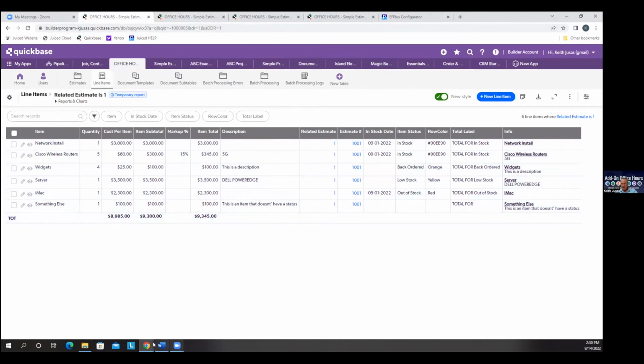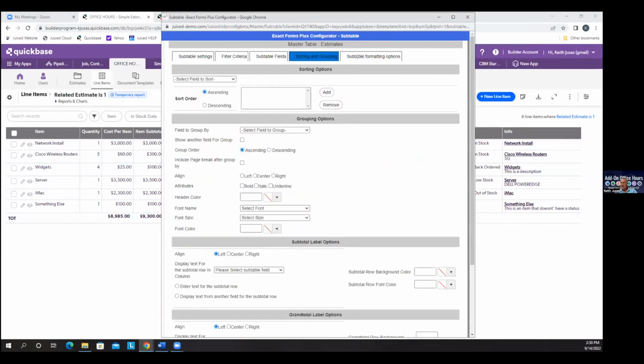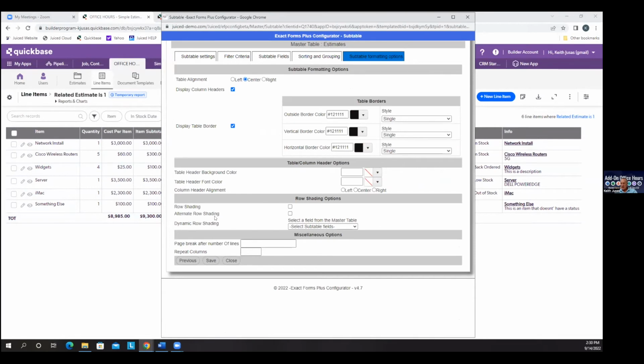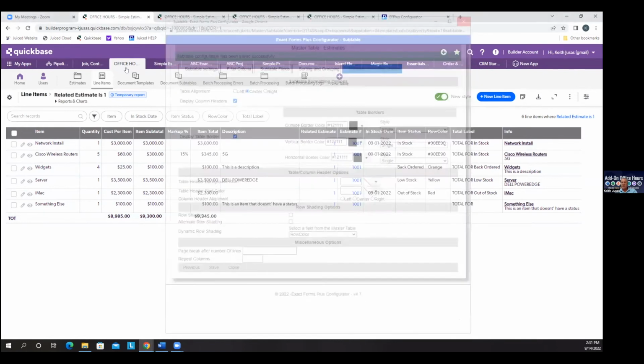So if I go back to the configurator, if we go to a new setting here, you can see that we already used to do row shading, and we also allowed you to do alternate row shading, but this is something new here. We're going to say dynamic row shading. So now I'm going to choose that field on the items table called row color, and I'm going to save that. All right, so the next time I run and generate this document,